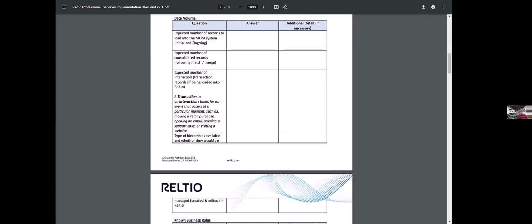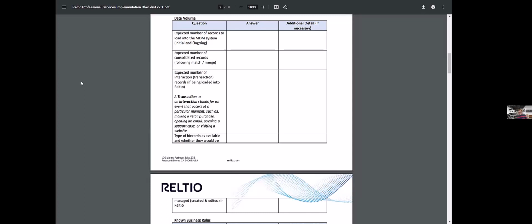There may be certain records which do not satisfy all the criteria that need to be available for an MDM solution. In that case, we need to figure out if we need to bring that data into Reltio or not. So identify the filter conditions, and identify the volume that you need to bring in, not only for the initial loads, but also for the ongoing loads.